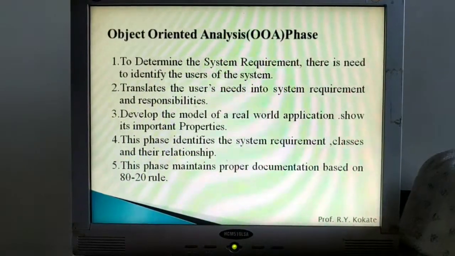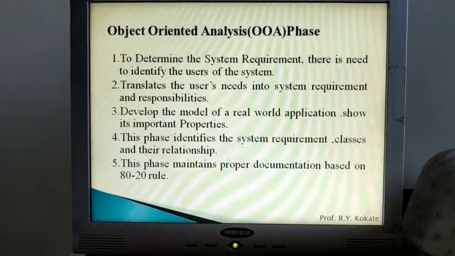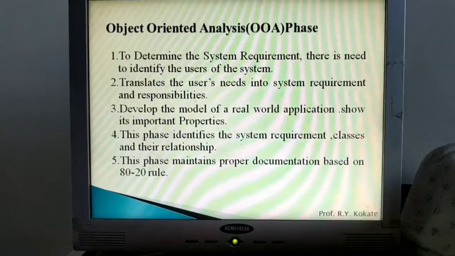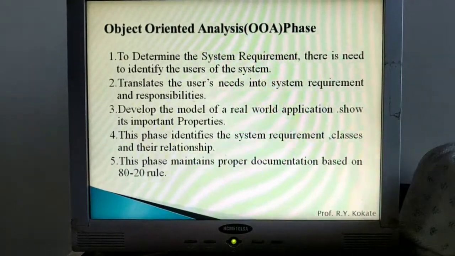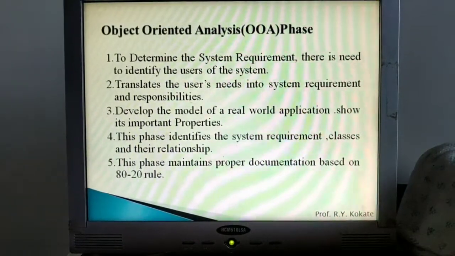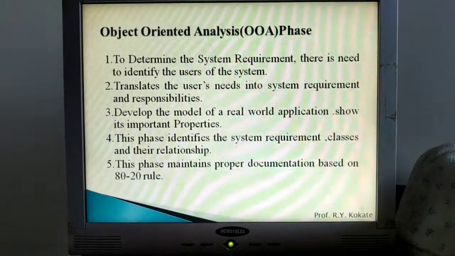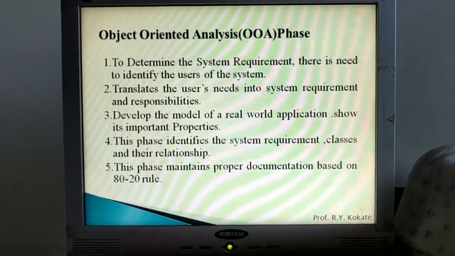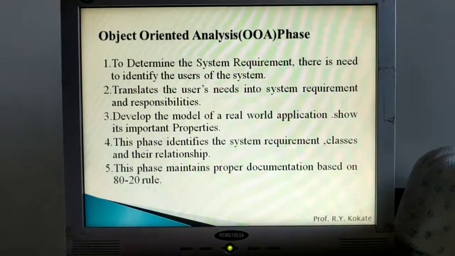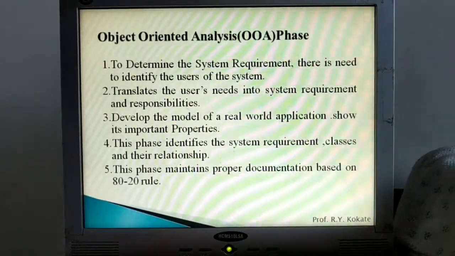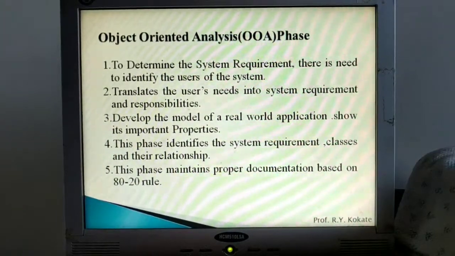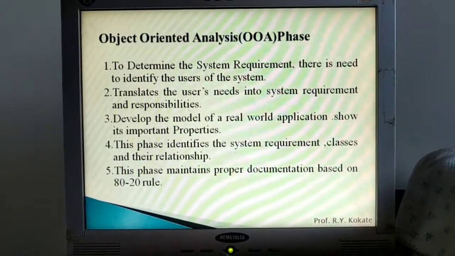First is object oriented analysis. In this phase, first we identify the users of the system and determine the system requirements. This is our first step. The second one is to translate the users' needs into system requirements and define the responsibility of the system. Next, develop a real world application and show its properties.